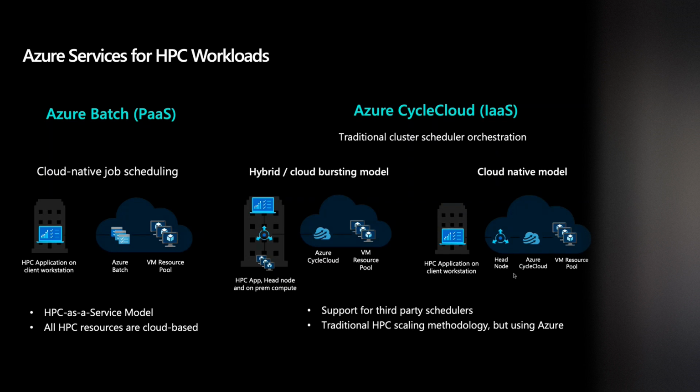Right? And then, as I said, we also have the hybrid or bursting model, where you still want to run on-premise, but you want to use Azure for certain bursting workloads. So you could use our IaaS offering called Azure Cycle Cloud. That can be run on-premise too, because it's essentially an installer that can be deployed on a virtual machine, right? But on the extreme right, what you see is Azure Cycle Cloud, where it's completely deployed in Azure